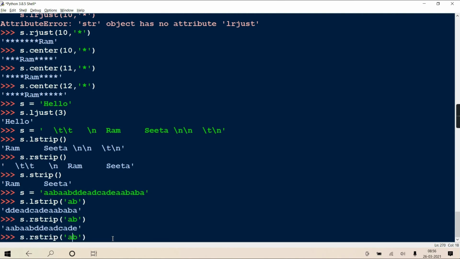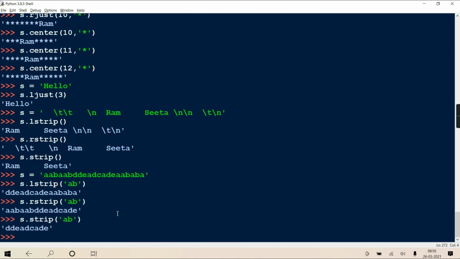And if I do it for strip, on both sides it deletes A, B, and the moment it gets D, which is not from this set, it stops. And in the same way from the right direction, at E it stops.